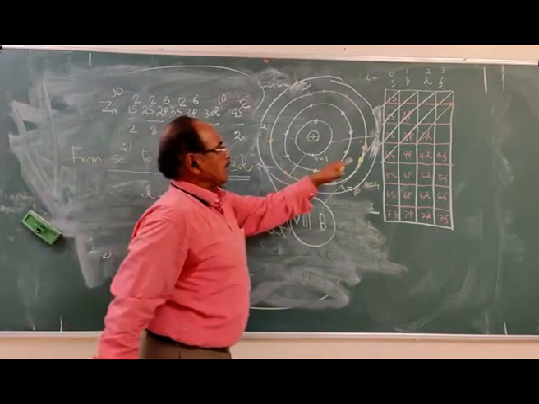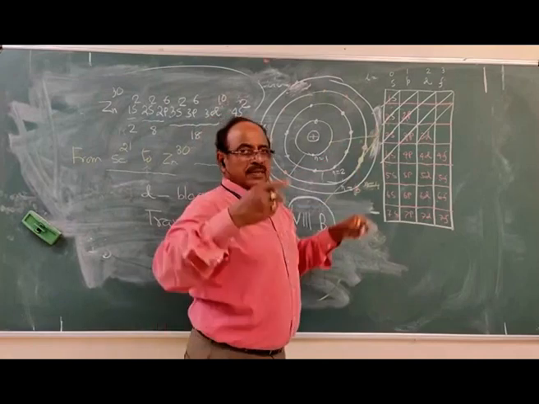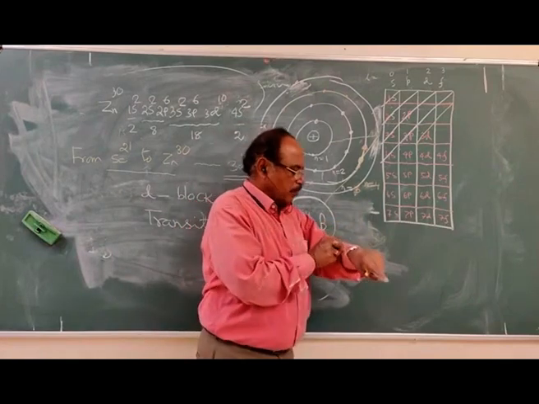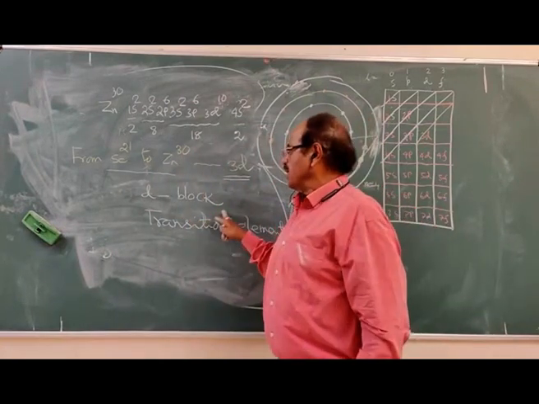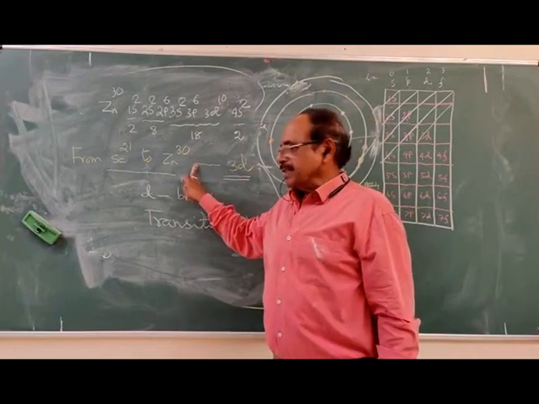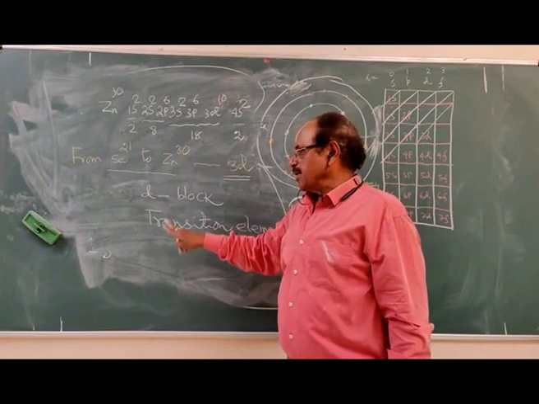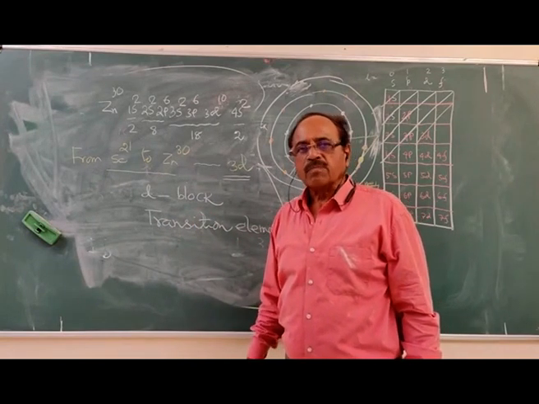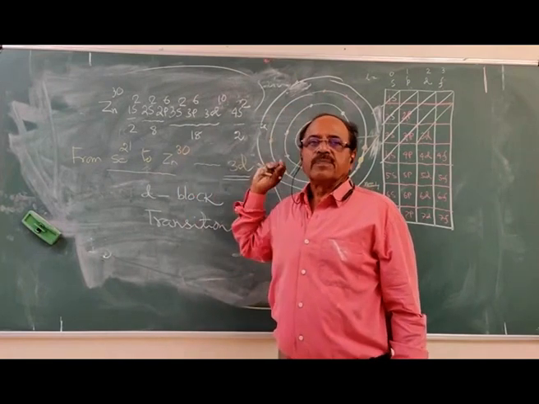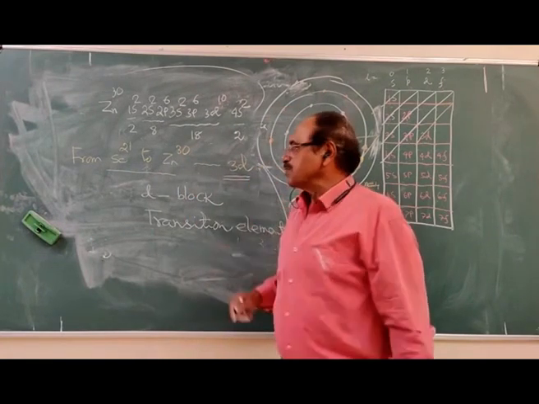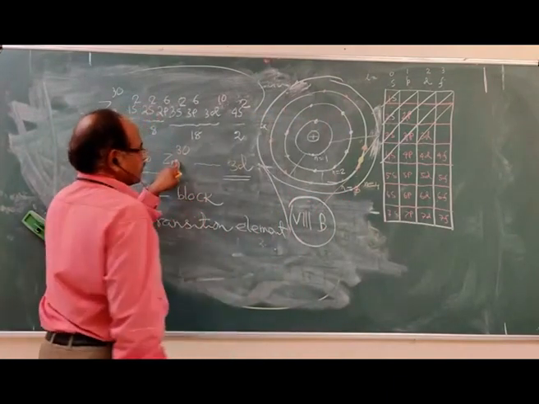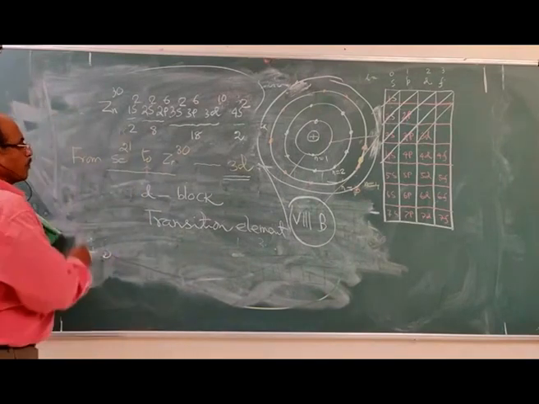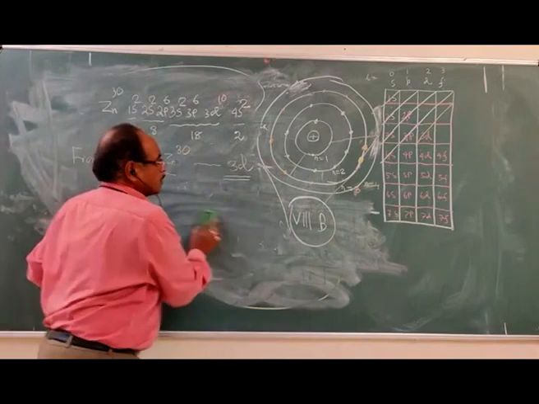In all the other cases, the electrons are filled into the next higher and higher shell. They are normal elements, but for elements from scandium 21 to zinc 30, the electrons are filled into the d orbital. They are called d block elements and transition elements. So their behavior is different from that of the normal elements. Zinc 30 is completed, and they are placed in between the s block and p block of the periodic table. So now the d orbital is completed.